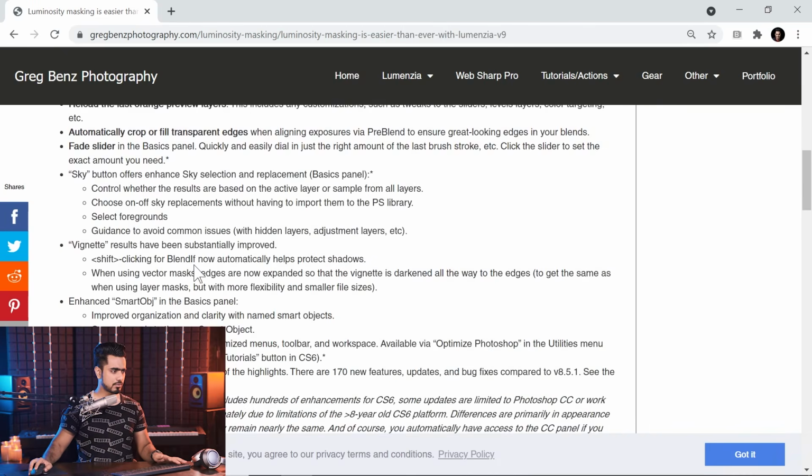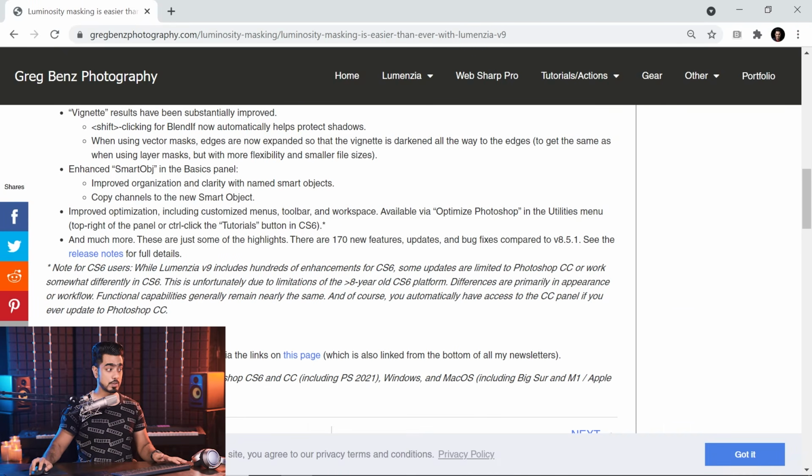So if you scroll down on the product page, you would notice that there's a note for CS6 users that some features might work differently or might be limited, of course. And this will continue to happen with new plugins and extensions, and there are many of these which are not